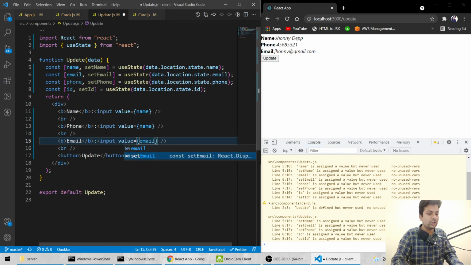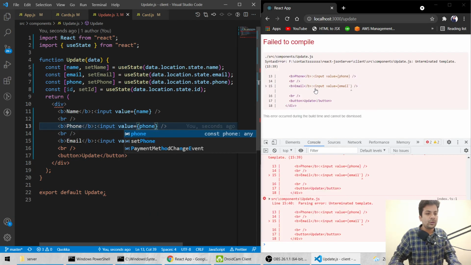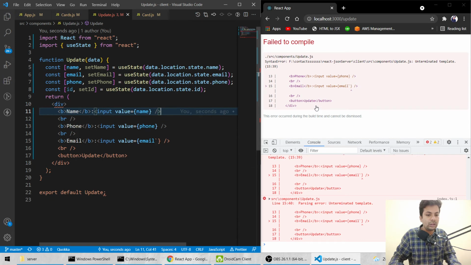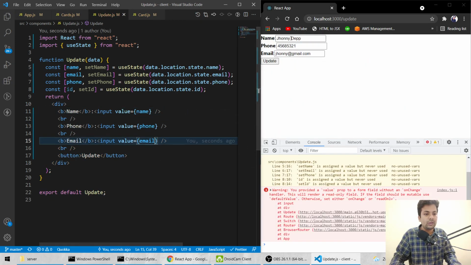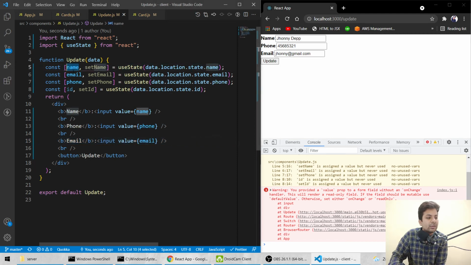What is the error? Okay, see, now we can edit the data, but there is one thing: editing the data won't change the data inside these elements called name, email, phone, and we will send these elements only for updating the data. So we have to do something.